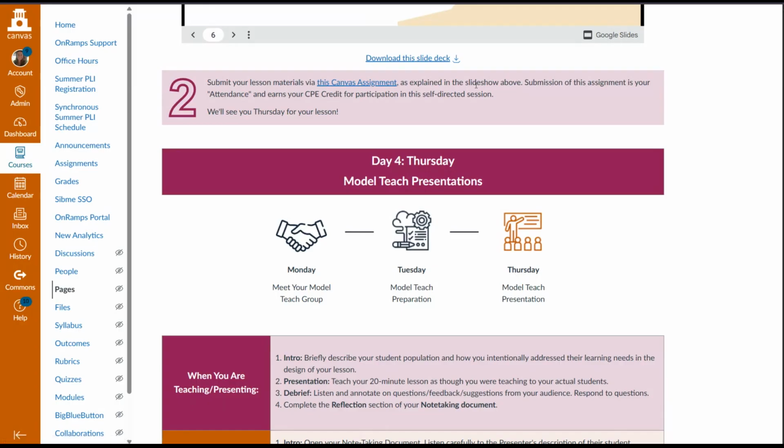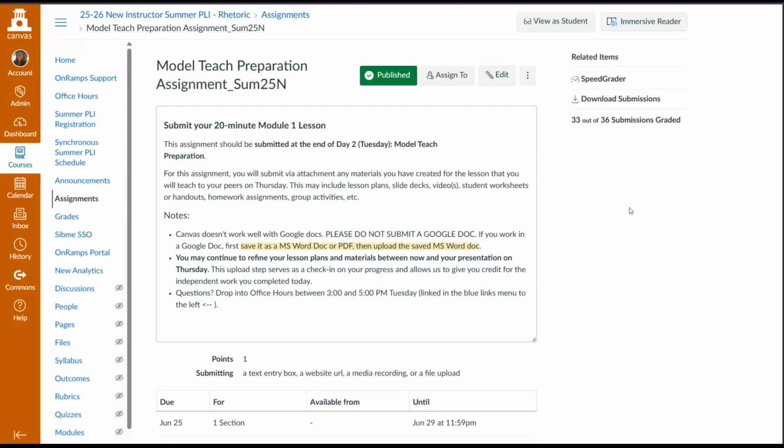This is how you get credit for your independent work that you complete on Tuesday, as you will be working on your own and you will not be in a Zoom session or a facilitated session. So by clicking on this Canvas assignment, it will open an assignment for you, very similar to the self-directed assignments that you have completed in PLI in the self-directed or the independent study assignments. So in order to complete this assignment,